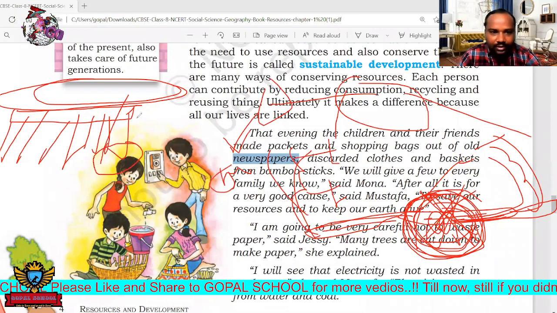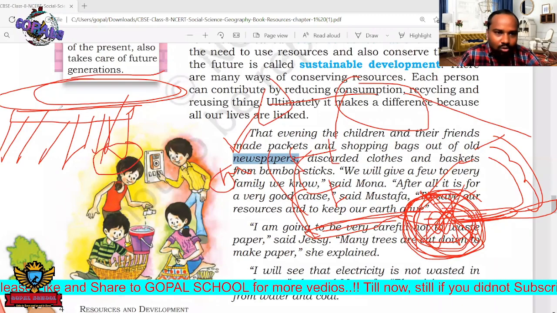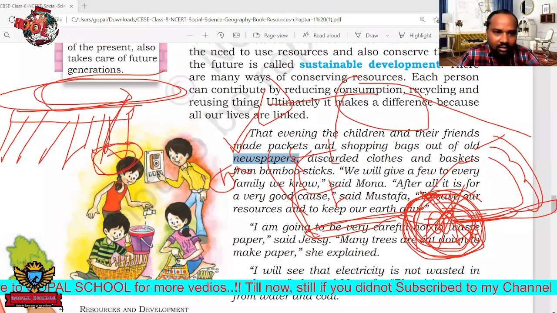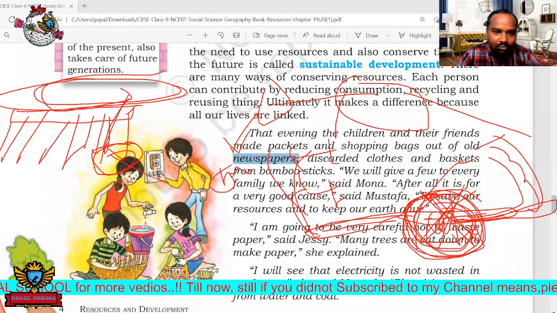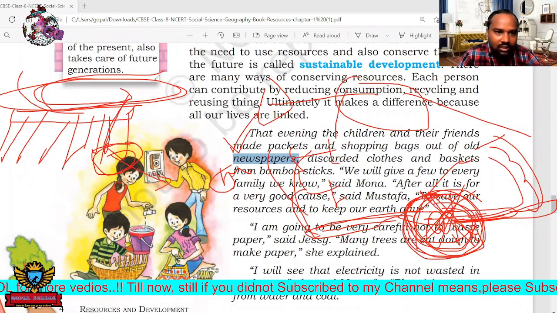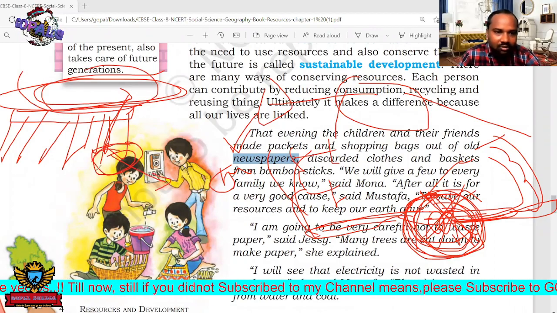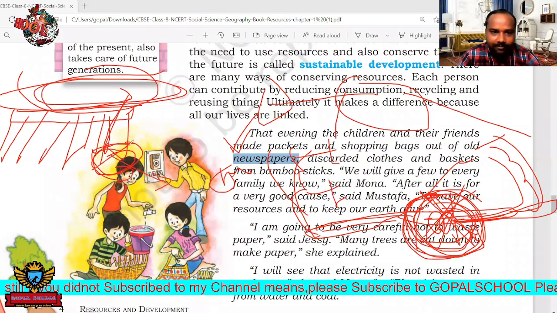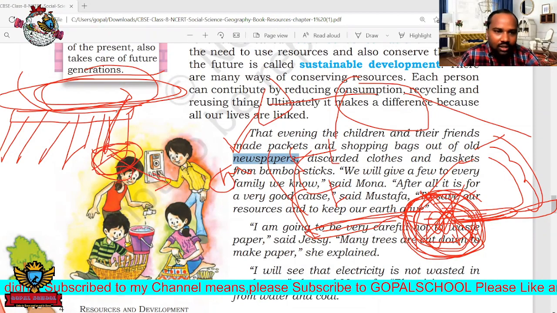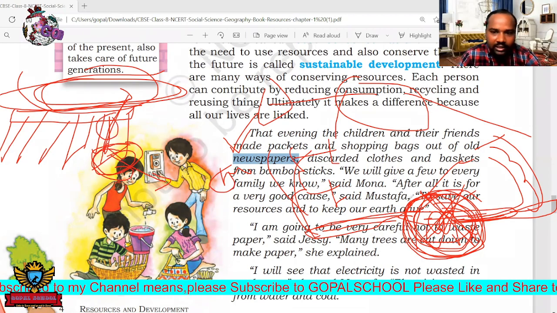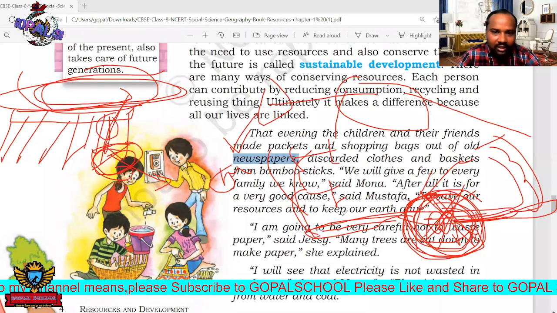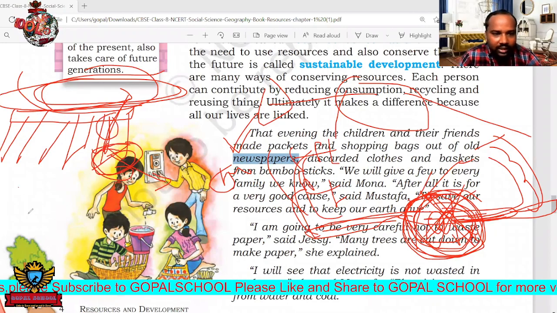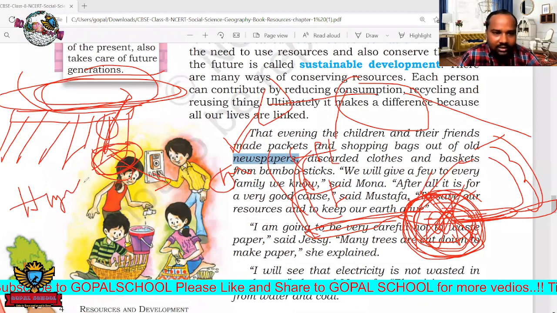So whenever the water is more here, more speed, the turbines will be rotated with more speed, and we can get more electricity. And if there is no water here, we can't see the rotating of turbines. Okay, so there will be no electricity here. So by utilizing the flowing of water, we are going to rotate the turbines and we can get the electricity. Okay, so this is about the hydroelectricity.